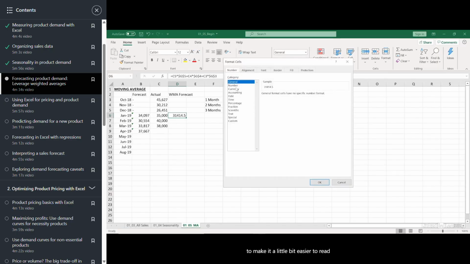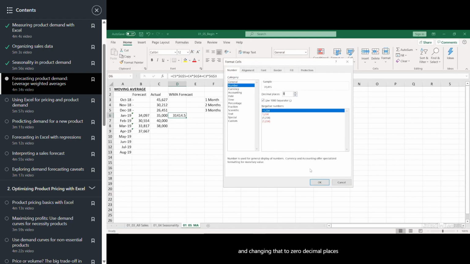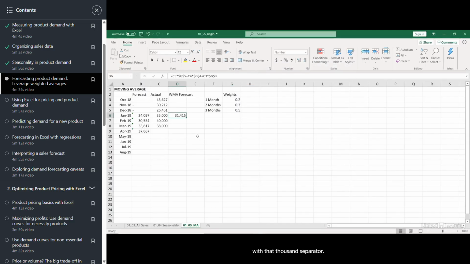And again, I'll format this to make it a little bit easier to read by hitting Control and then the number 1 key and changing that to 0 decimal places with that 1,000 separator. Now, the nice thing about using a weighted moving average is, with a simple moving average, we're assuming that all months have equal importance. The weighted moving average lets us say, well, maybe more recent months have more relevance for